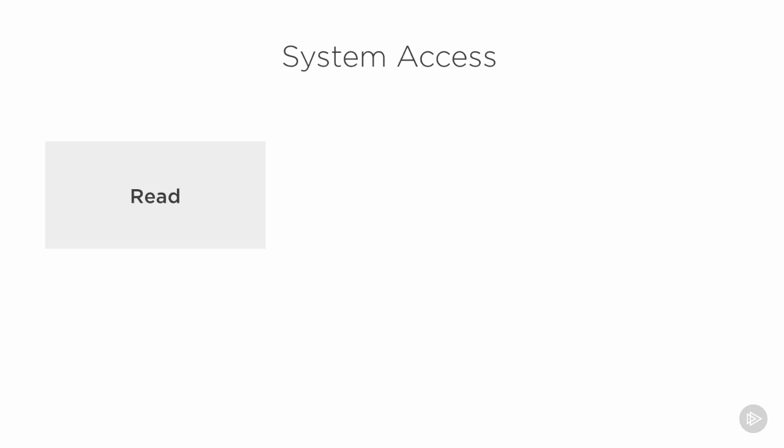Now, system access could be simply at a read-only level, that all you can do is read the data, but you're not able to actually make any changes to it. However, another level of system access would be if a person has write access. Now, in some cases, a job or a process might be able to write data even though it can't go and read that data later itself.